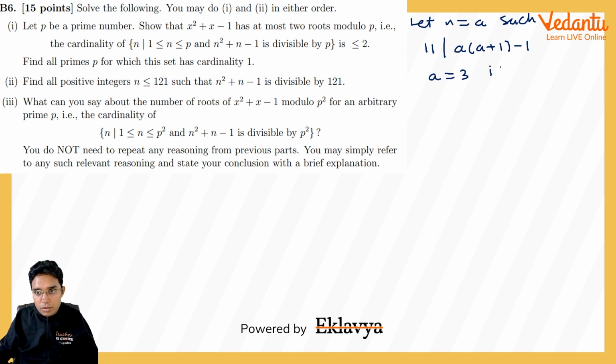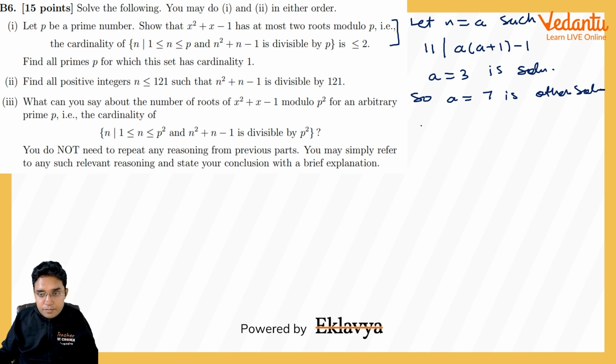So 3 is a solution. In fact, from the result that we derived in our first part, we can check a is equal to 11 minus 3 minus 1, 7 is the other solution. And there will be only 2 solutions for this from 0 to 11. Okay. Now please see, we found that 11 divides 3 square plus 3 minus 1, and also 11 will